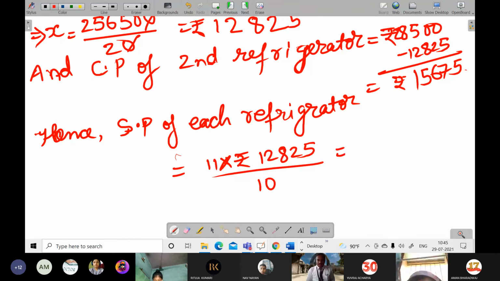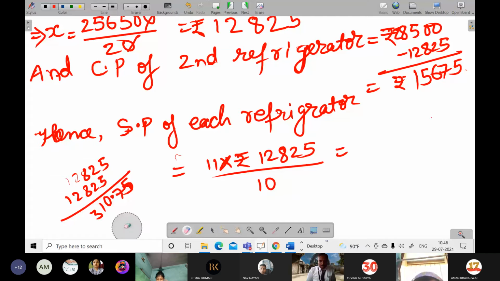Getting me? Yes, sir. So now simply multiply. How much will it come? Okay, 5 will be there. Okay, like this it can be done: 1, 2, 8, 2, 5, and again over here 1, 2, 8, 2, 5. It will become 5. Okay, 5, 7, 8 to 10, 0, carry 1, 8 to 10, 1, 11, carry 1, 1, 2, 3. Sorry, 2, 1, 3, 1, 4 it will become.